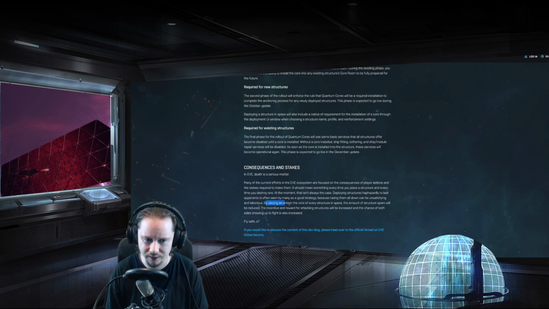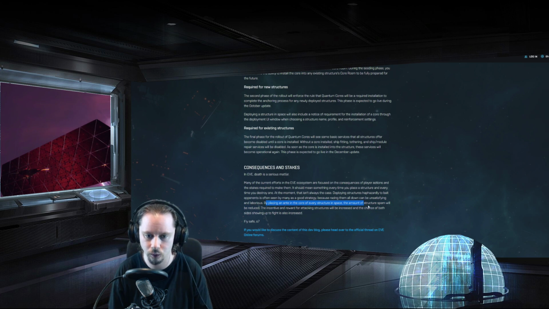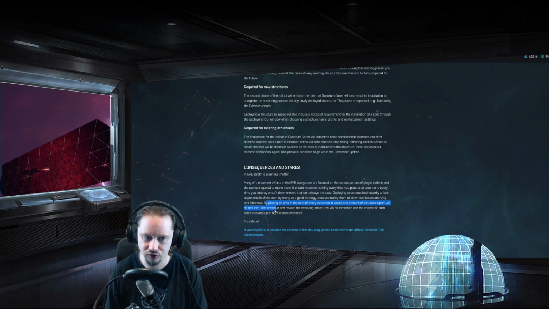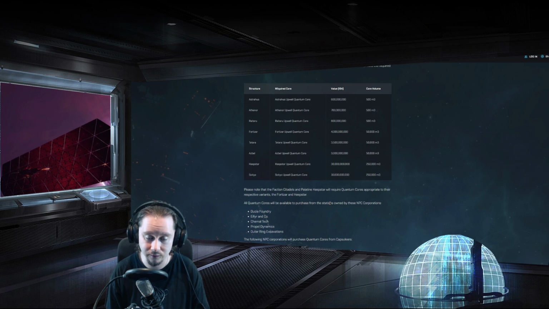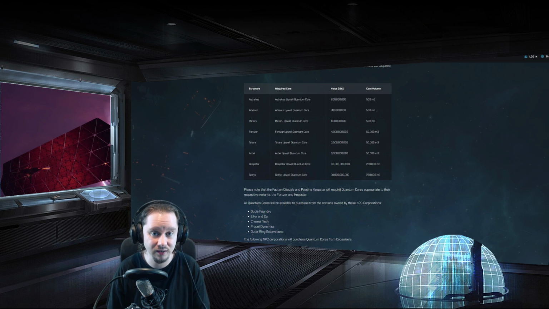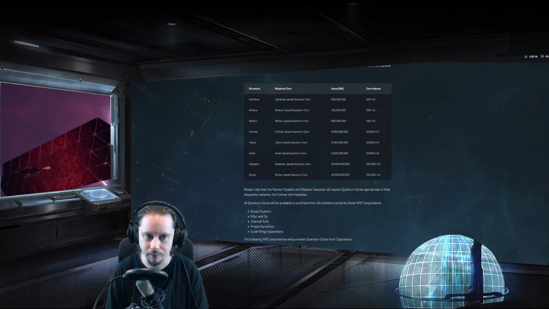"By placing a core in every structure in space, the amount of structure spam will be reduced, the incentive and reward for attacking structures will be increased, and the chance of both sides showing up to fight is also increased." So I personally don't mind this change. I think it is indeed a good idea, and I think a lot of people will concur that at the moment, especially the smaller structures, the medium structures like an Astrahus or Raitaru, it's very inexpensive. That does make it very accessible for newer players,